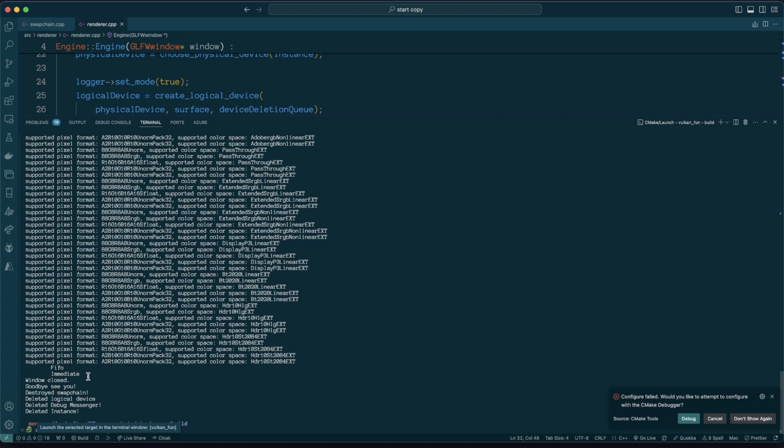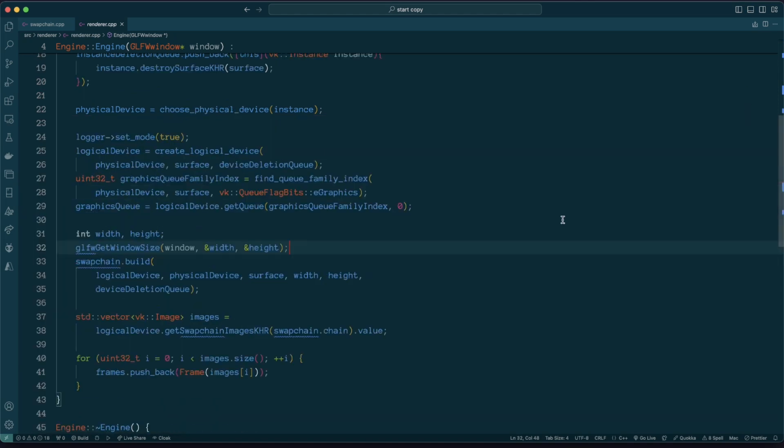Anyway, that's fine. So this has just been a little tour through swap chain creation. We are slowly getting there. And yeah,